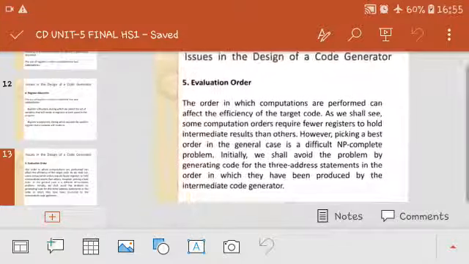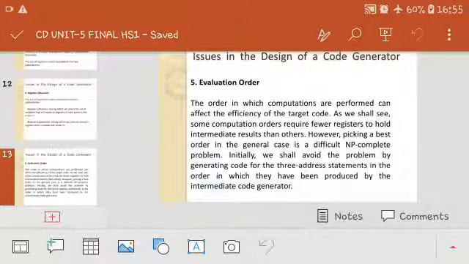Evaluation order is the order in which computations are performed, which can affect the efficiency of the target code. Let's take the example 2 plus 3 into 5. What are we going to calculate first? Obviously 3 into 5, then 2 plus whatever the result of 3 into 5.